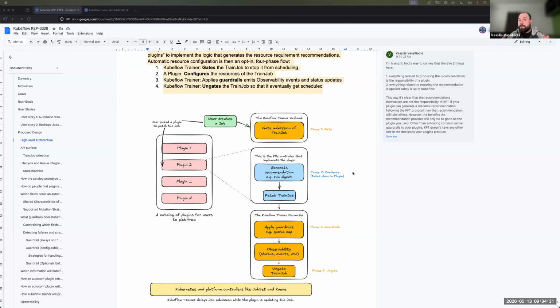So imagine trainer asks Q to forget about a job while something else is reconfiguring it. And then once that something else is finished, from that point onwards, that job is just literally like any other